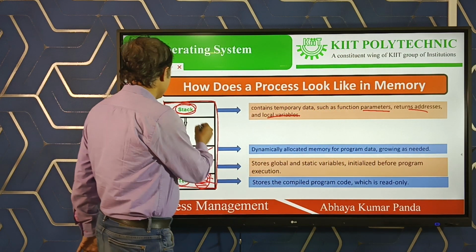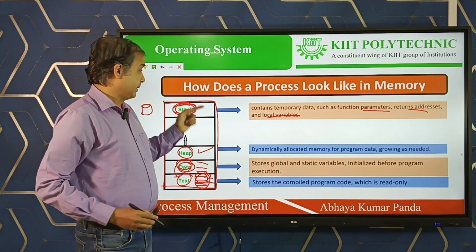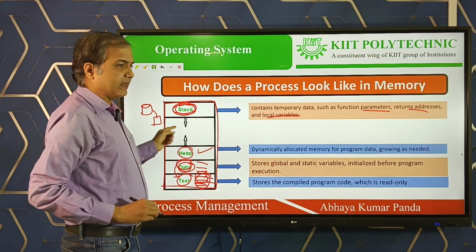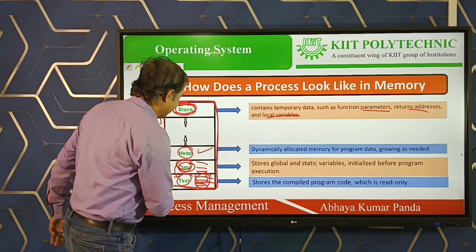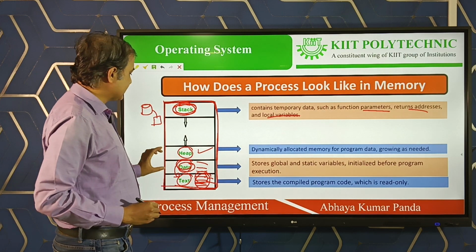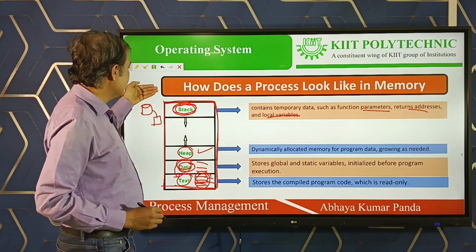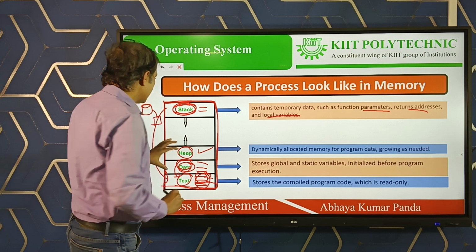These are in the stack area. Means when we are transferring a program to the main memory, it becomes a process. The structure of the process is like this. The text area contains the original code, and the data area, heap area and stack area help this program to execute.